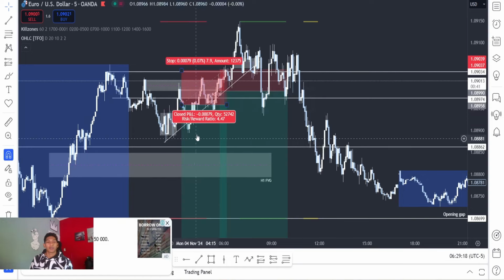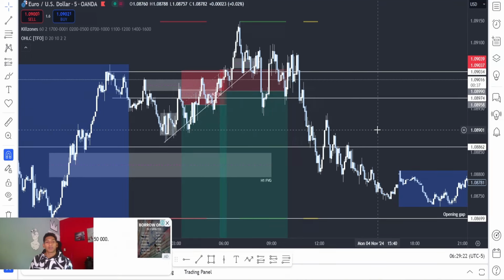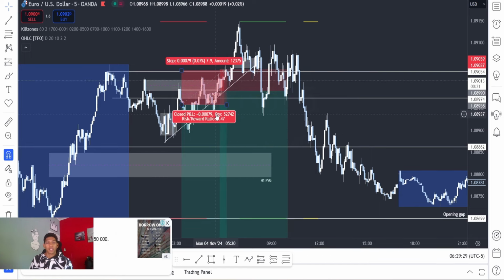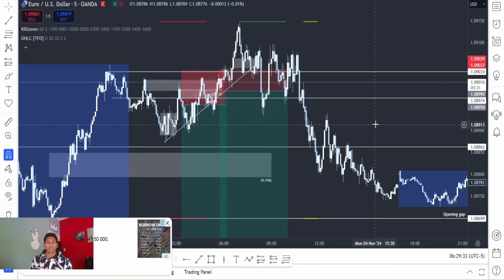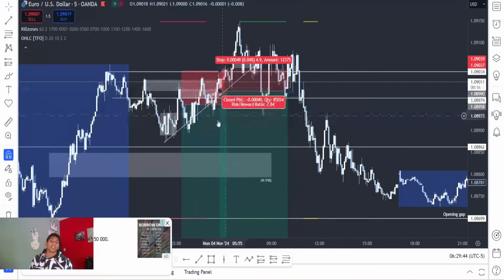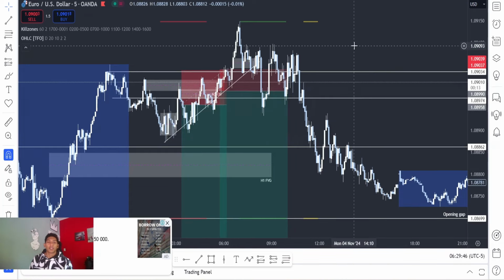I was expecting price to break this low, and then I was going to secure some profits, but as you can see, I did not. Price broke structure. I should have probably closed. You know what? I shouldn't have done anything, because I'm not into managing trades. I just like to let it hit stop loss or take profit. Although I don't do that, you know, I'm trying. We're not all perfect. Anyway, took a small loss there of 0.36%, a little bit more than I wanted to.